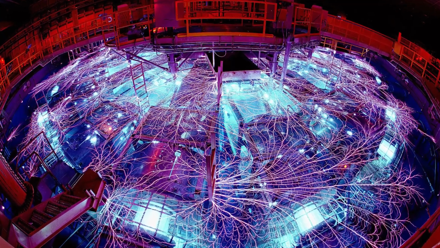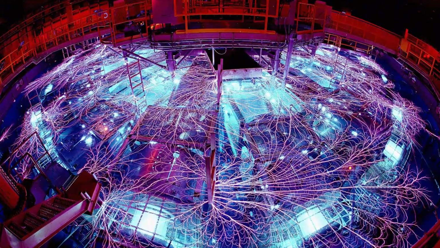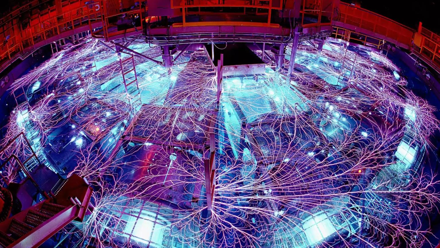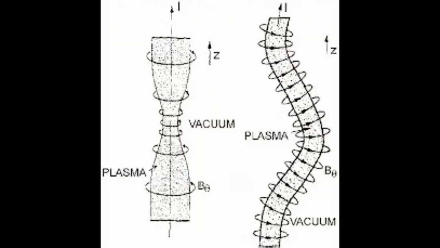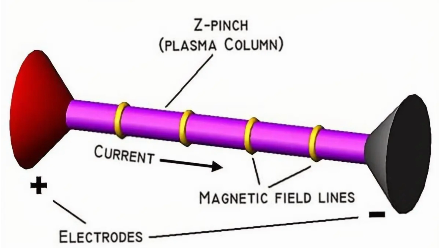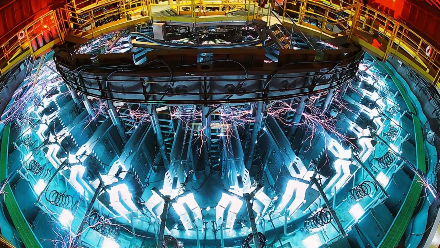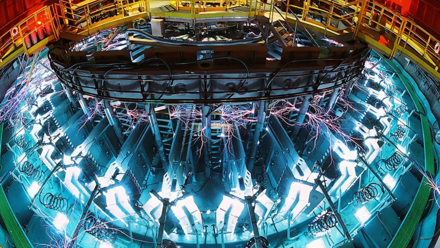A good example of the pinch effect in plasma is the Z-pinch in plasma experiments and fusion research. In a Z-pinch, electric currents pass through plasma, creating magnetic fields that compress the plasma inward. This process forces the plasma to become denser and hotter, which is crucial for achieving the conditions necessary for nuclear